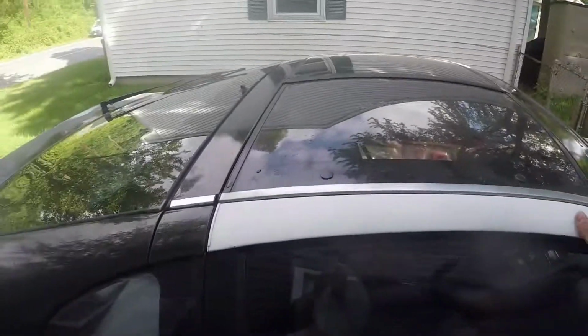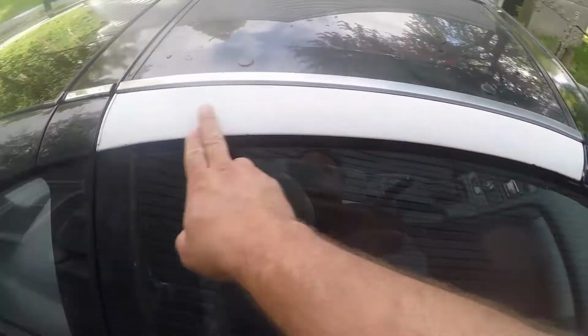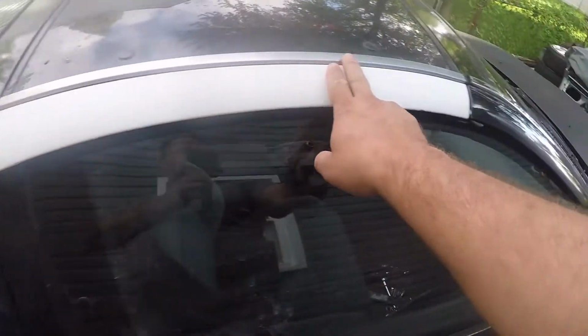And we still have a couple little things to do. But let's start by getting some parts out. First of all, what I realized was, for those of you that don't know, the 2+0 and the 2+2 T-tops are slightly different. So you can see it here. This is a 2+0 T-top. This is the correct one. You can see that it lines up here on both sides. If we go around to the other side,